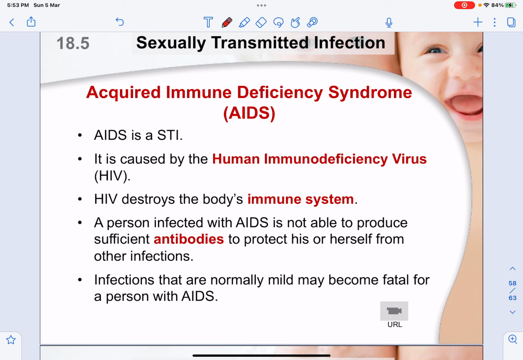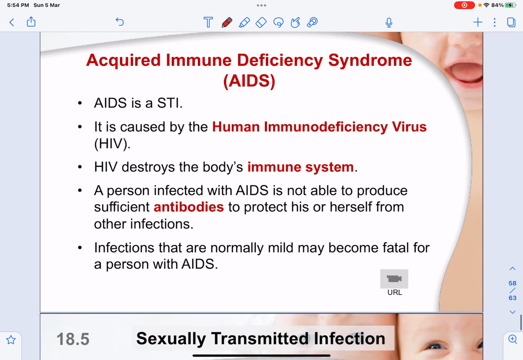What this means is that the HIV virus will tend to kill off your white blood cells, lymphocytes and phagocytes, and in a sense, it weakens your own body's immune system. When, let's say, another disease comes in, it doesn't have to be STI related, and attacks your body, you will not have that strength in the immune system to fight off this infection. Hence, you will actually be killed off by the infection due to a lack of immune bodies. That is a result of your STI, HIV, that lowers the immune system.